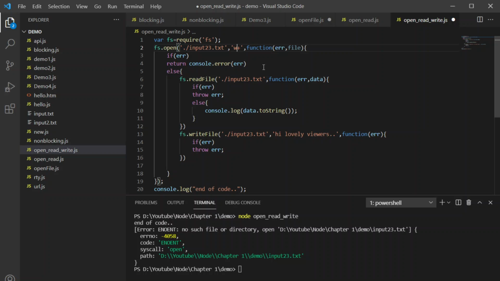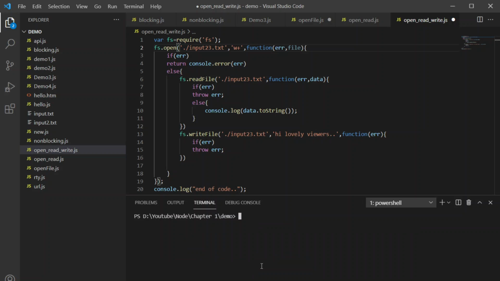so that is actually the basic difference between r plus and w plus. R plus makes operation for read and write. W plus makes operation for write and read. Both should be same, but both are not same. Because for read operation, R plus operation, if file is not existing, it will throw an error. But if we run the same thing with W plus and it is also writing and reading, so it will actually,